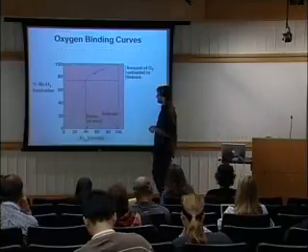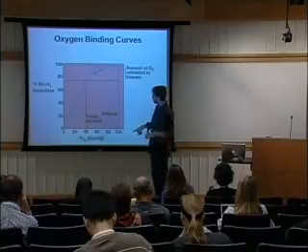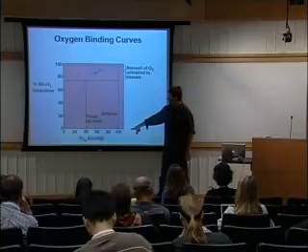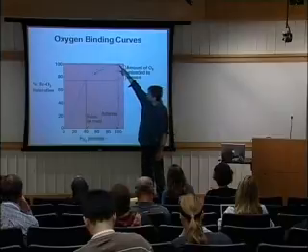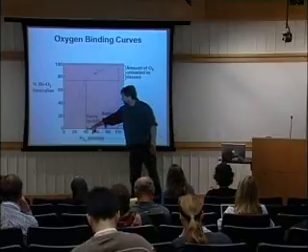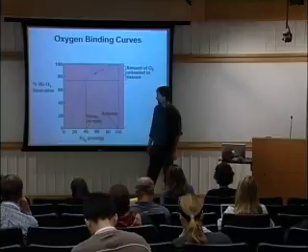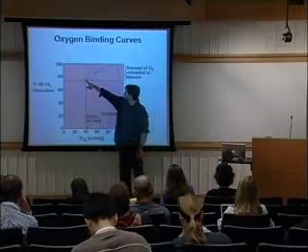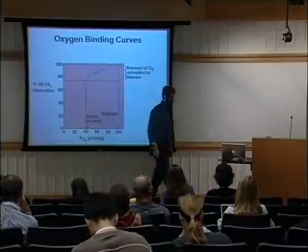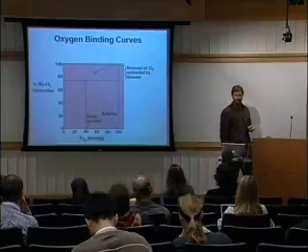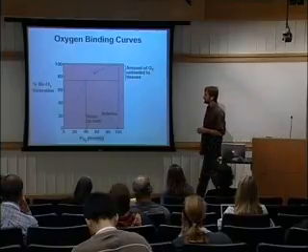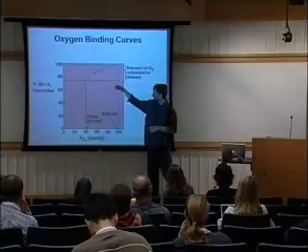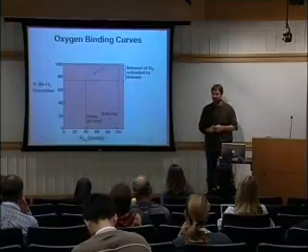So this is a curve for human blood again, and you can see that at the partial pressures that you find in the arteries, the blood is fully saturated. Under resting conditions, the partial pressure of oxygen drops to about 40 millimeters mercury, and you've only dropped a little more than 20% of the oxygen in the blood. There's still a huge reservoir of oxygen that is not tapped under resting conditions.